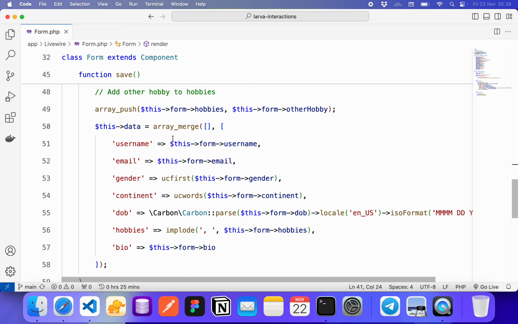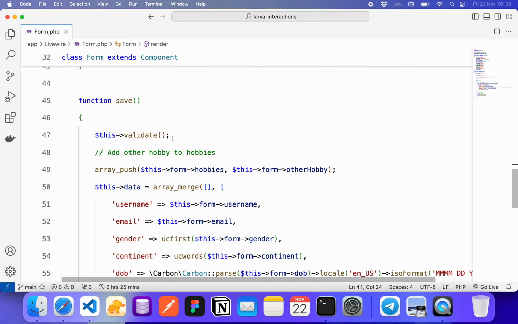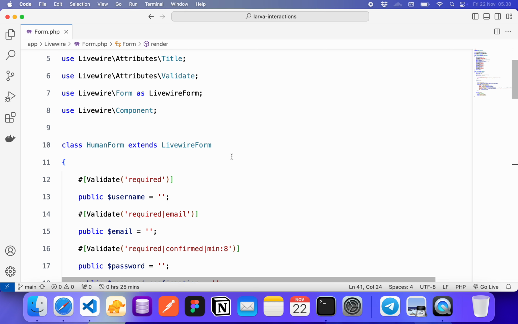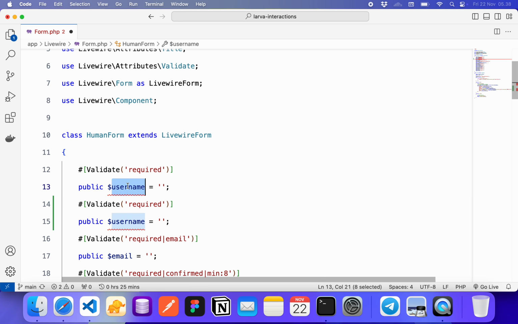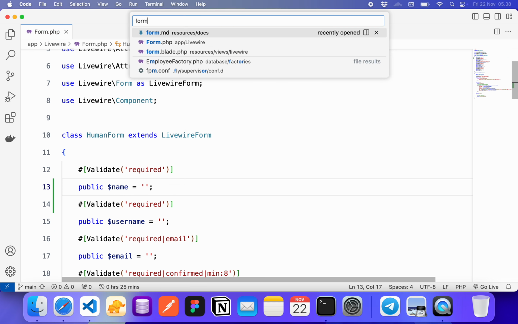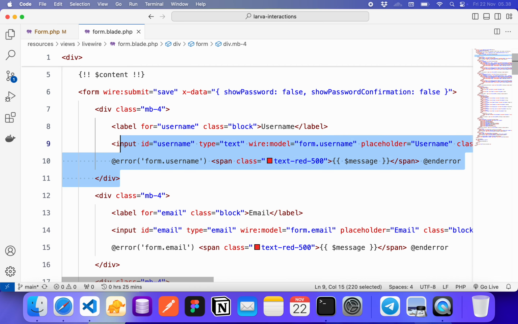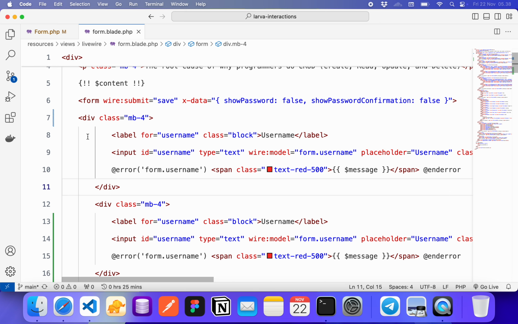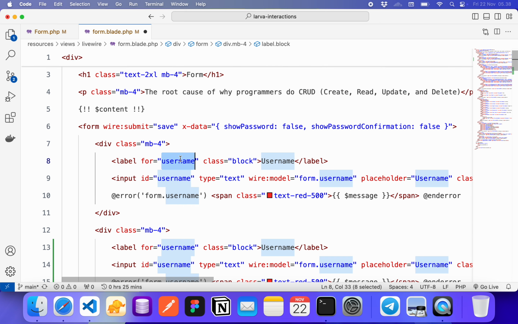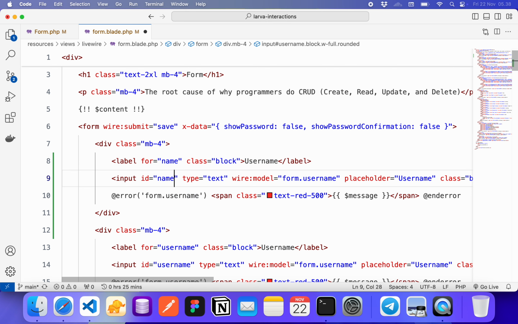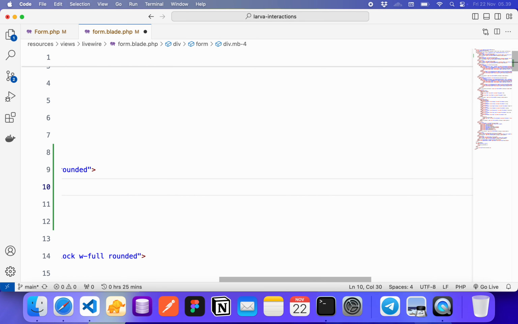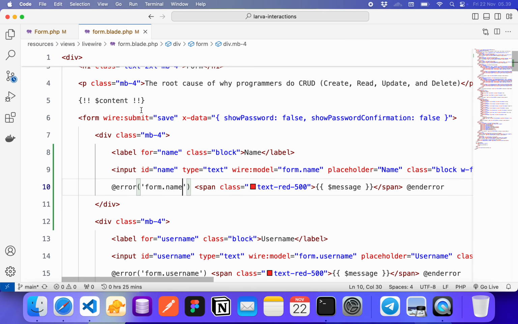If I add a property called name here, I then go again to form.blade.php and copy paste it, naming it name.